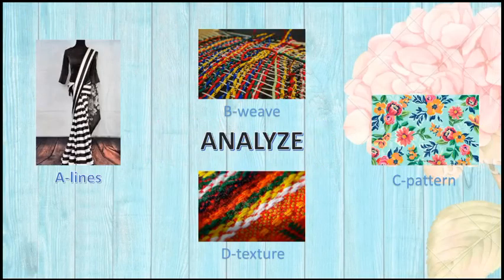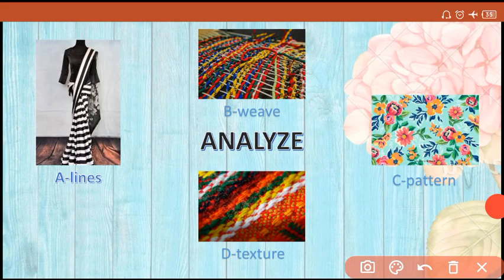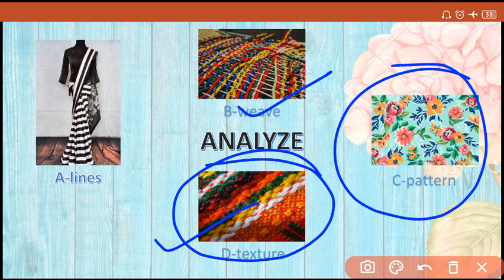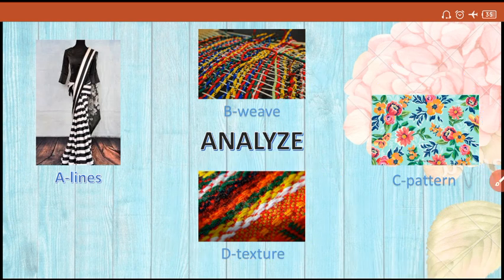I have given you an assignment here. You have to analyze these 4 pictures: the lines, the effect of the line in the sari, the weaving, what kind of weaving is this, whether it is yarn dyed or the fibers were dyed, what was the stage, इसमें what is the texture of this fabric, and finally the pattern, what kind of pattern is it, dyeing किस stage पे हुई है. Identify it and let me know in the comment box if you have understood.